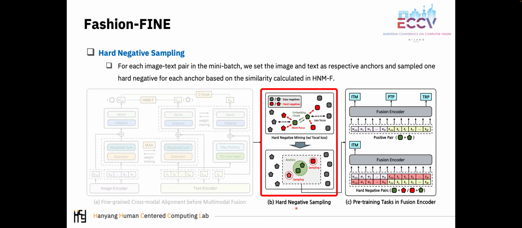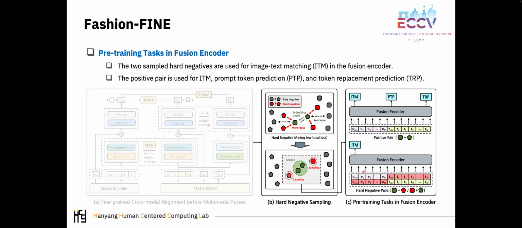In phase B, we perform hard negative sampling to carry out pre-trained tasks using fusion encoders. We set the input image and text as respective anchors and sampled one hard negative for each anchor. The two sampled hard negatives are used only for ITM, and the input positive pair is used for the three